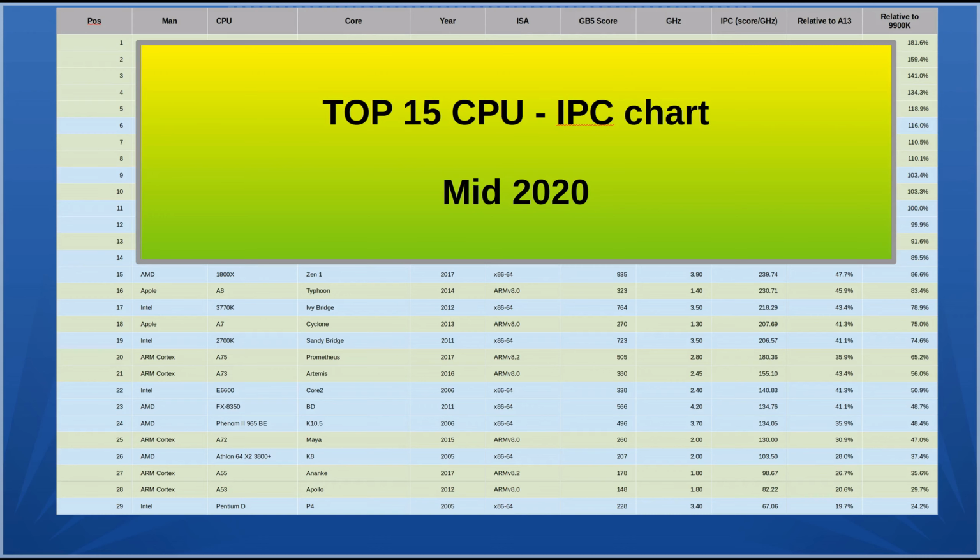And because I am an AMD fan, I'm a proud owner of a Ryzen 3700X. I'm really happy that we can start with the AMD CPU here. Good old Zen 1 architecture is in 15th place here, and it delivers 86.6 IPC relative to Intel. Actually, it's a Coffee Lake refresh 9900K, so pretty good result for AMD,